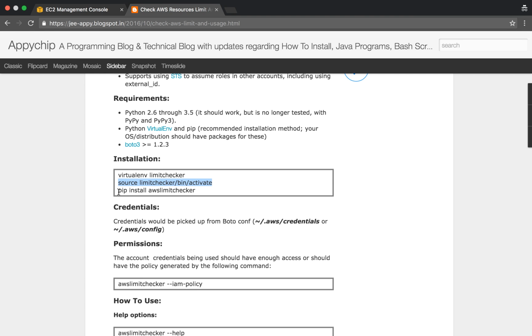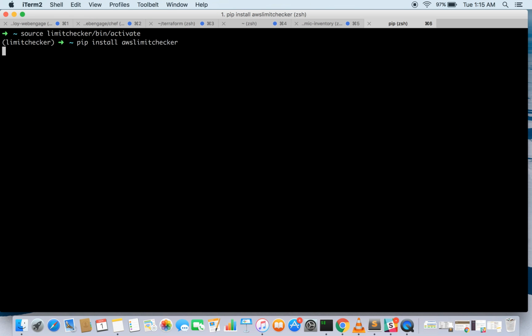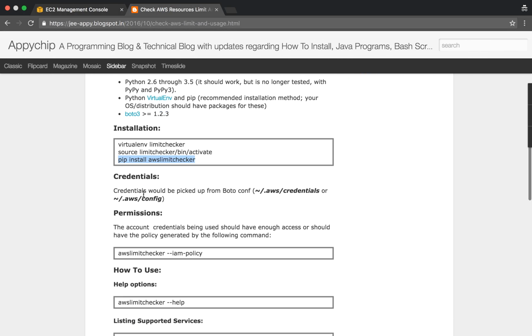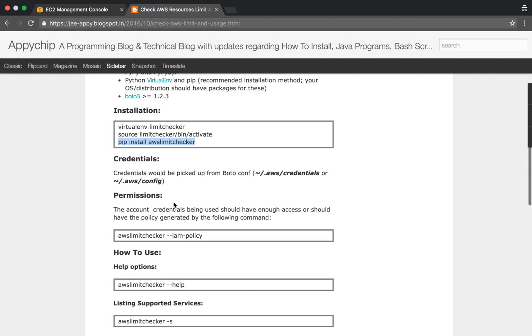Then you need to do pip install awslimitchecker. I have already installed it, although we can try it again. It is already there, requirements already satisfied. Since it is going to access your AWS, it needs certain credentials so that it can read the information and give it back to you. It is going to use the credentials from the credentials file or the config file inside the .aws directory. If you set up Boto, the credentials are generally set in this file. So you can set it there,